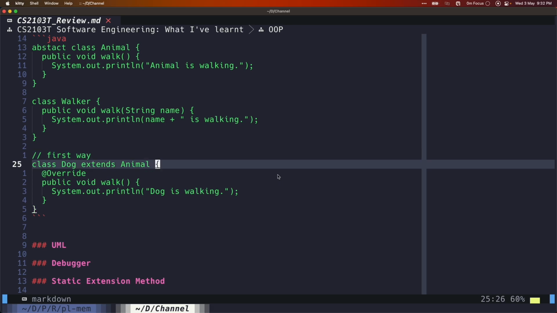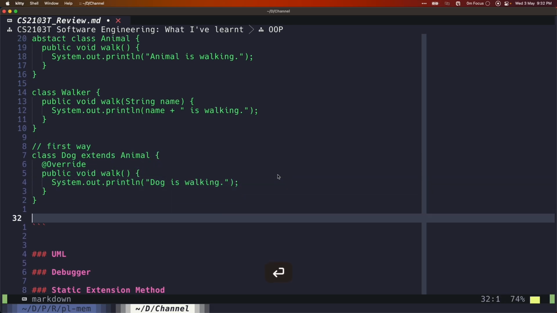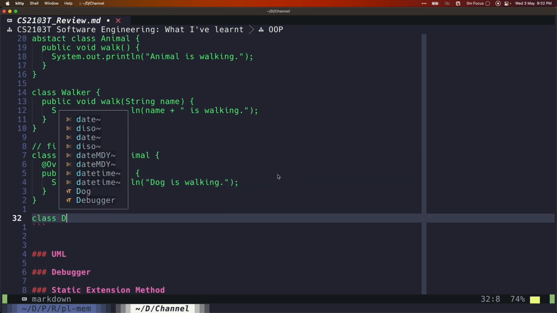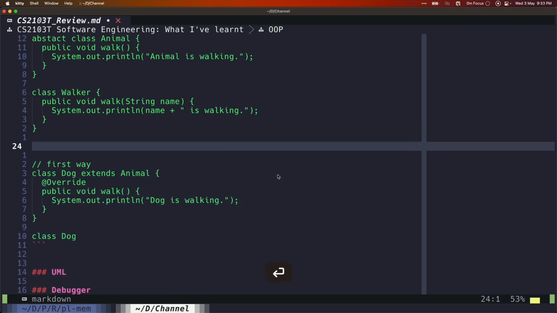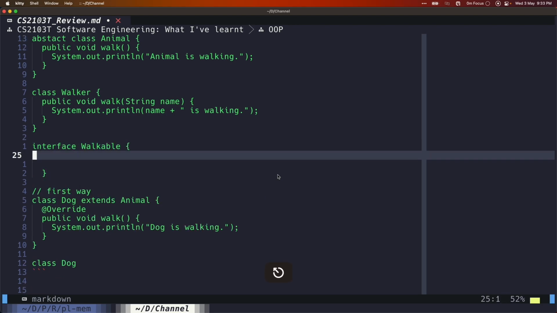And the other way of doing things that you may think of is class Dog, and maybe you also have an interface called Walkable.